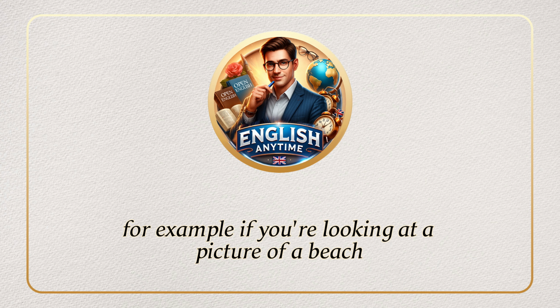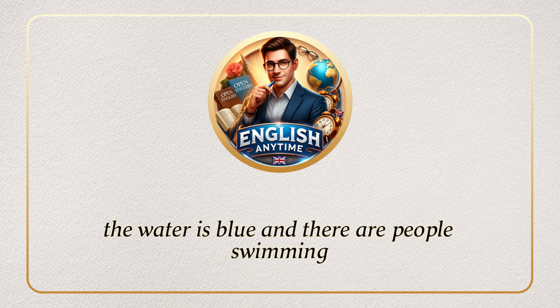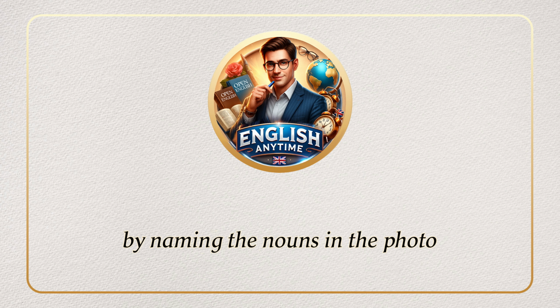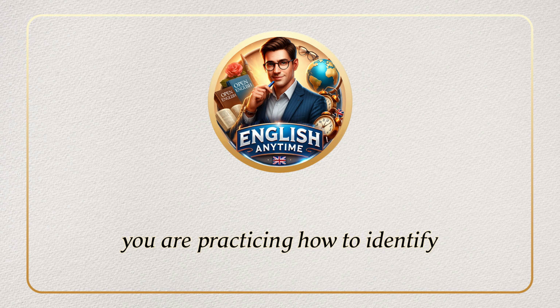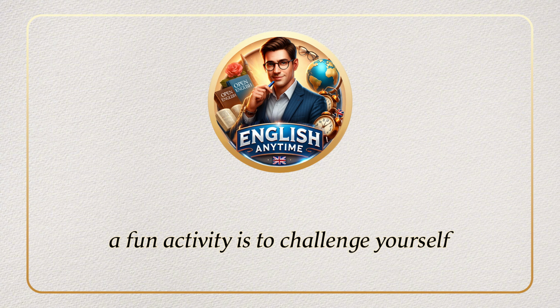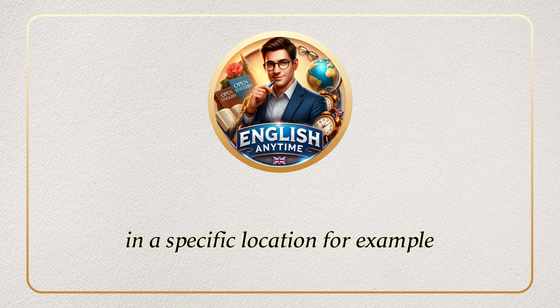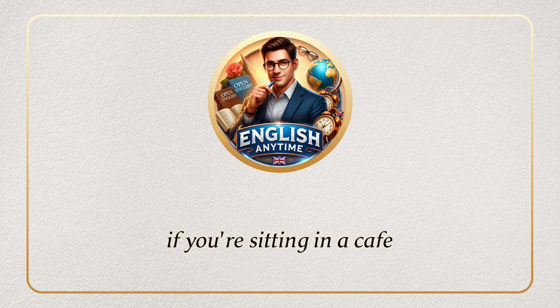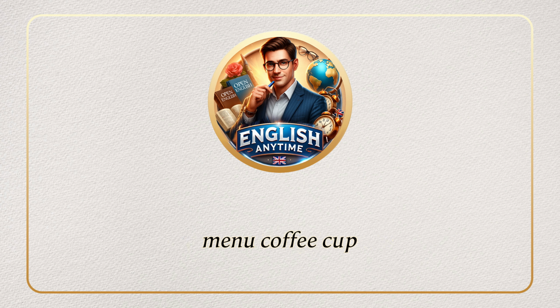For example, if you're looking at a picture of a beach, you might say, "The sand is white, the water is blue, and there are people swimming." By naming the nouns in the photo, you are practicing how to identify and describe objects in English. A fun activity is to challenge yourself to name as many nouns as possible in a specific location. For example, if you're sitting in a cafe, look around and name everything you see: table, chair, menu, coffee cup,